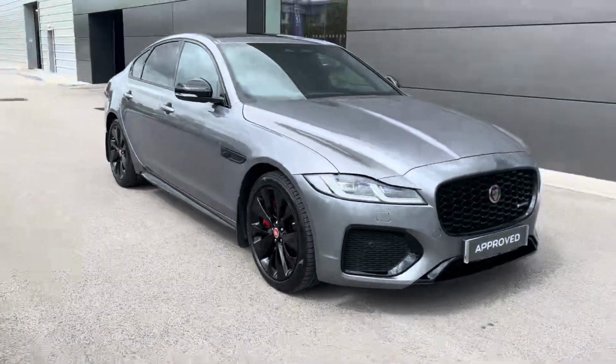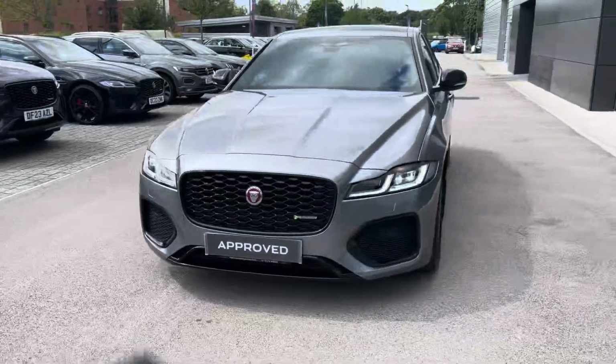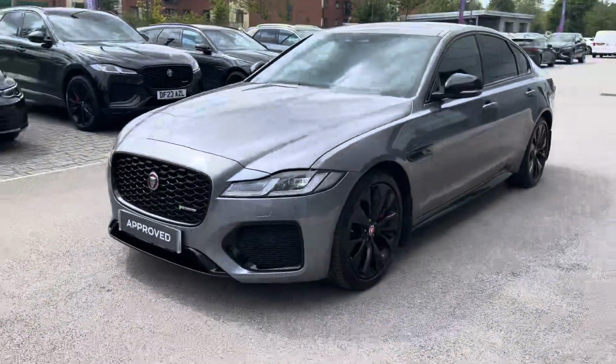Hello, my name is Sky from Jaguar Crewe, and today I'm going to be taking you around this approved used Jaguar. We are delighted to bring you this 23-plate Jaguar XF R Dynamic Black with a 2-litre 204 bhp diesel